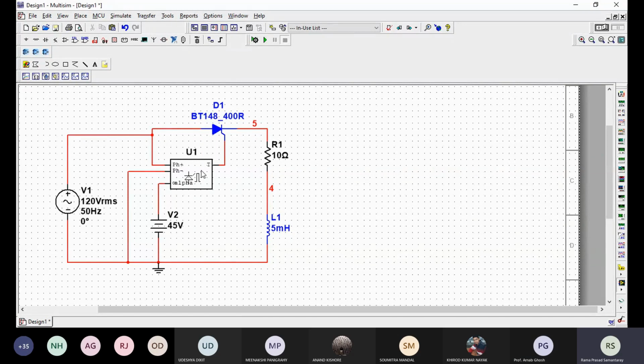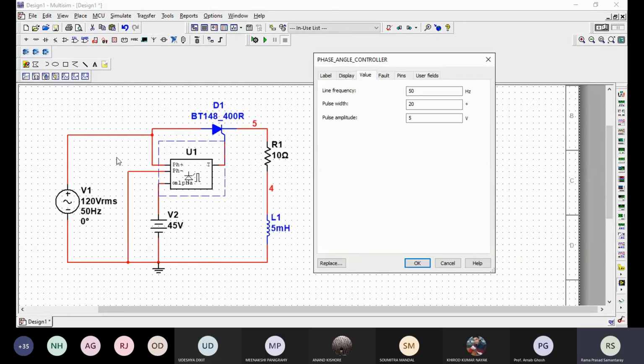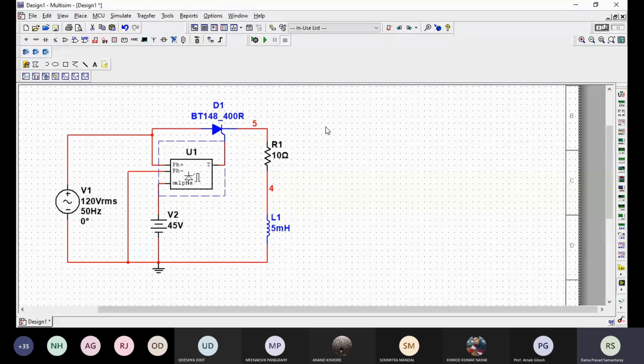Then all your parameter settings, then procedure, screenshots of all, like this is the screenshot of the phase angle controller. So you have to paste it with this phase angle controller, right? A brief description about this source, phase angle controller, why we have used this component, brief description with screenshot. Brief means 1 or 2 lines with screenshot. Then how much resistance and inductance value taken, if the value is showing, no need to use a screenshot.